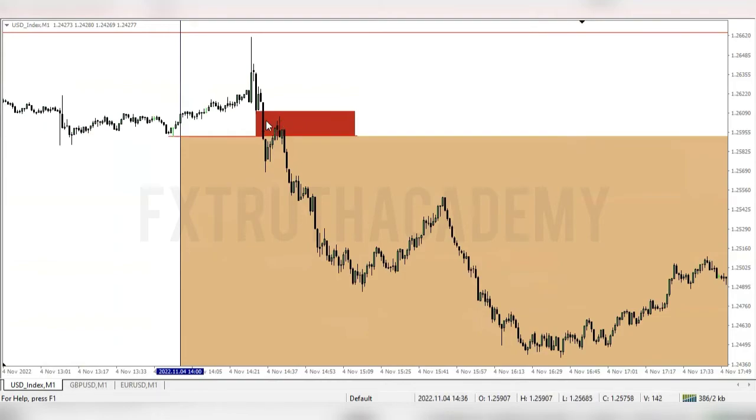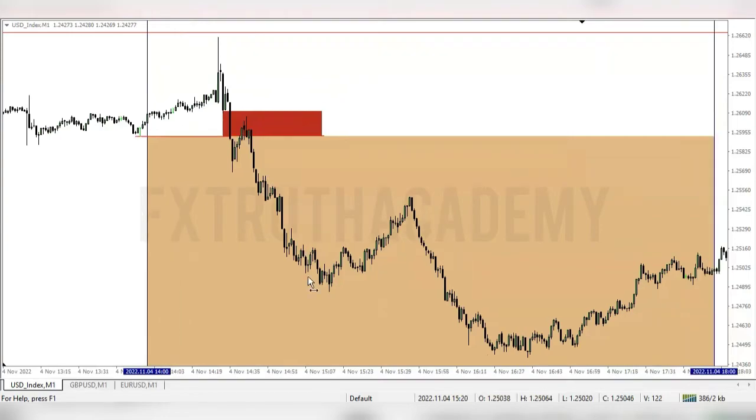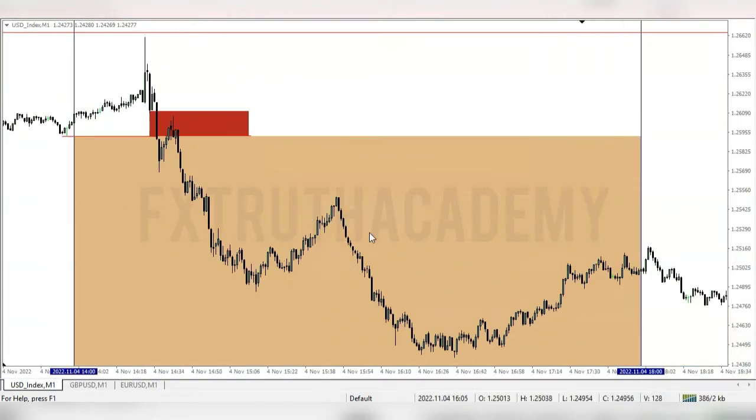You can see there's a fair value gap right there. Price retraced into the fair value gap, and that's the whole move to the downside. You can see this whole sell-off lasted throughout the New York session into London close. So this whole move was the move you can see on the NFP session.